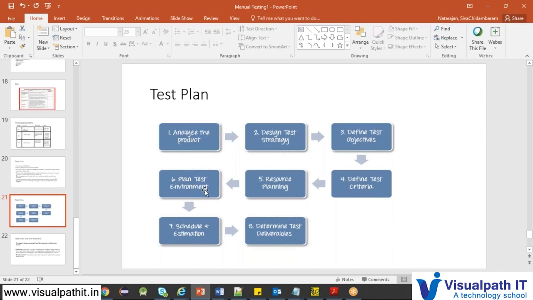You have already given that information to the client, so there is no need for test cases to be delivered. But the client thinks he needs the test cases as well. To avoid that last-minute confusion, you can determine the test deliverables in the beginning itself, during preparation of the test plan.